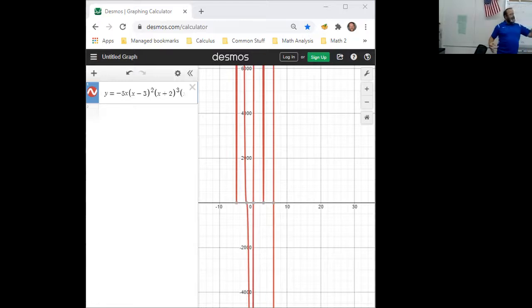Leading coefficient is positive. How does it have to end to the right? It has to end up. It had to start down. It had roots at negative 2 and positive 2. So help me out. What's going to happen as it passes through negative 2, everybody? It's going to,